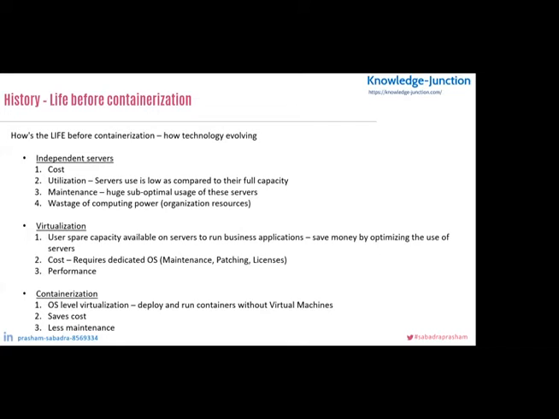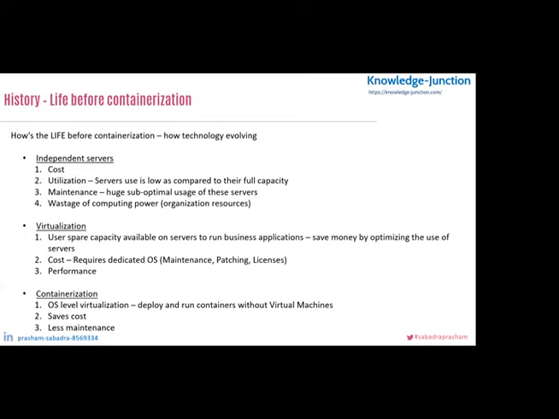And then we have the technology called containerization. Containerization is nothing but operating system level virtualization. But what is meant by operating system level virtualization? We'll see the difference between virtual machines and containerized platforms like Docker. For now, to understand, these containers are like machines, but they share the operating system of the host server where the containers are hosted. So this saves the cost.